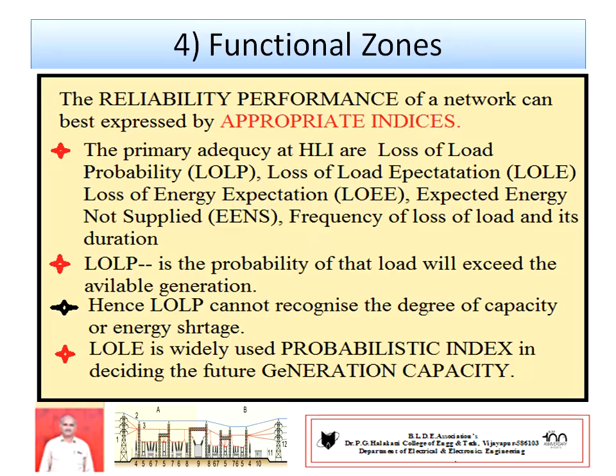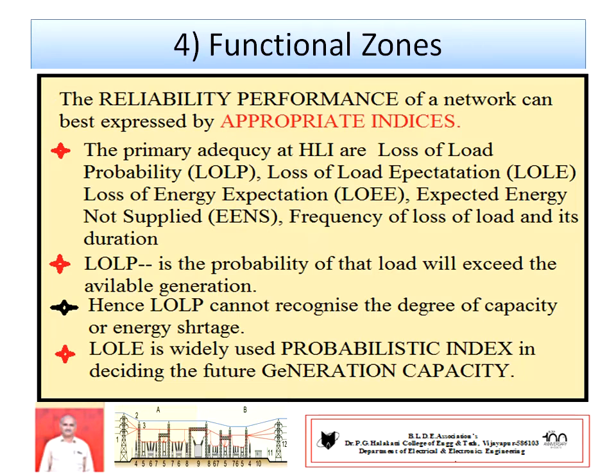The primary adequacy indices at HL1 are loss of load probability, in short LOLP, one index. Similarly, you can go for loss of load expectation, LOLE, loss of energy expectation, LOEE, expected energy not supplied, EENS, frequency of loss of load and its duration. All of these relate to